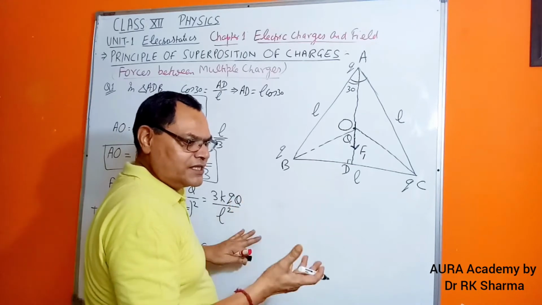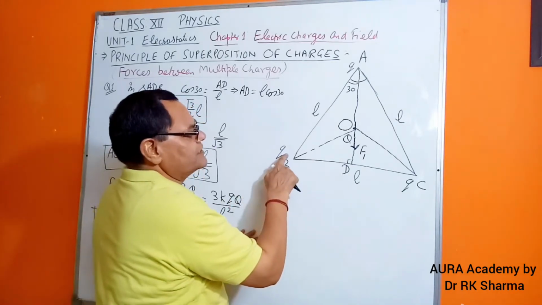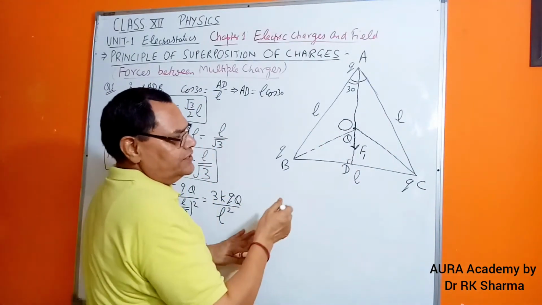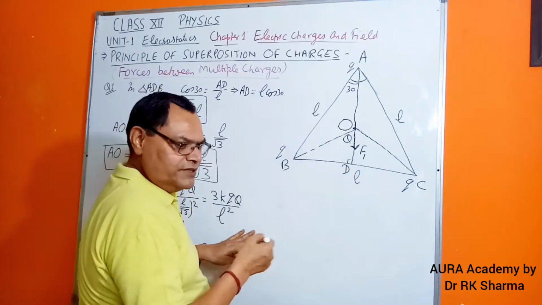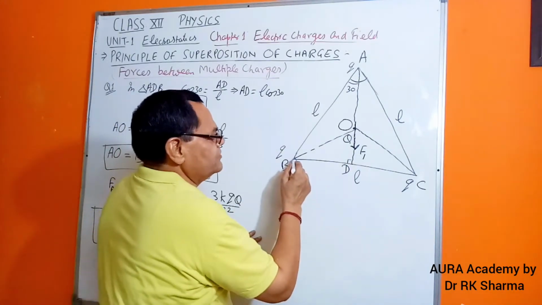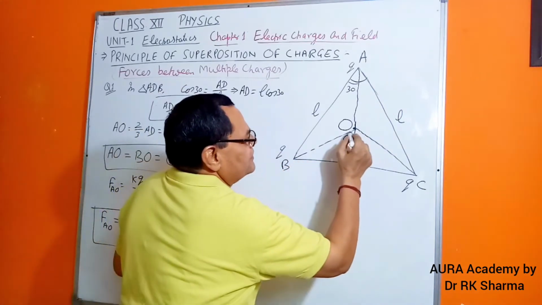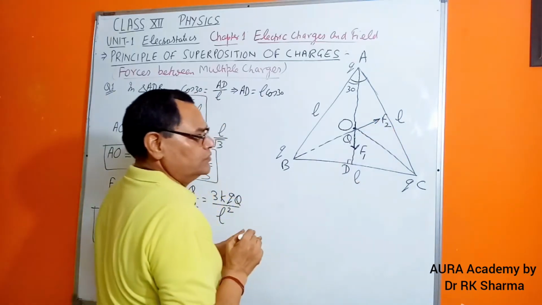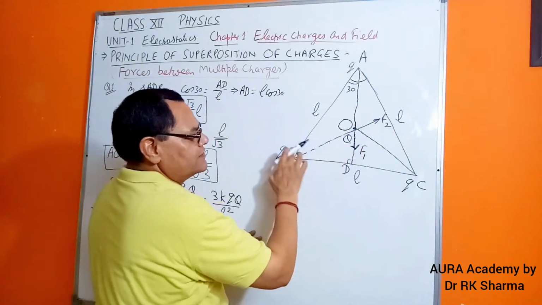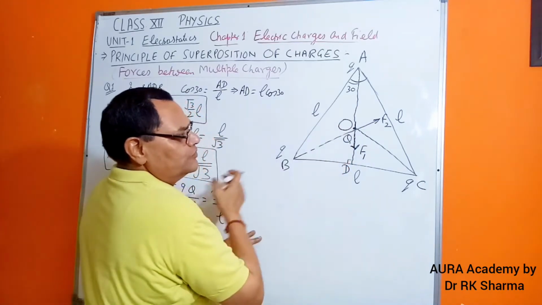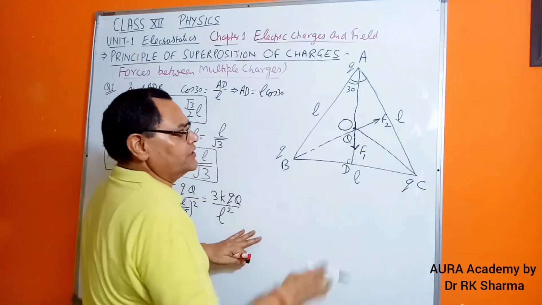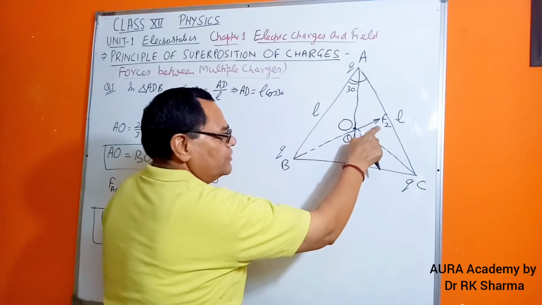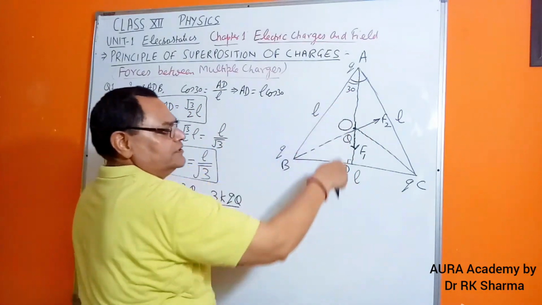First of all, think what should be the nature of the force. Is it attractive or repulsive? You will say, sir, it is positive, so force of repulsion. Then which will repel what? As I shared, the point where you are calculating the force will be repelled. So this B charge, that is the q charge at B, will be repelling this. So you will find this will be the force. Let me put it as F2. So can we find it out numerically? Yes, charges are known and the distance is already known. Fortunately the data are the same, small q, capital Q, distance. So F2 numerically will be equal to F1.